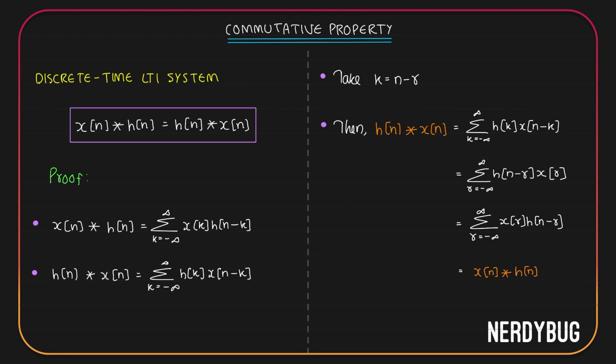Now, one confusion that can arise here is that we defined the convolution of x of n and h of n as summation from k equals minus infinity to infinity x of k h of n minus k. Over here, what we got is summation from r equals minus infinity to infinity x of r h of n minus r. But I still called it convolution of x of n and h of n, even though the variable is different. The reason is, when we are taking summation or integration, it doesn't actually matter what you're calling the variable to which you're actually going to give limits later.